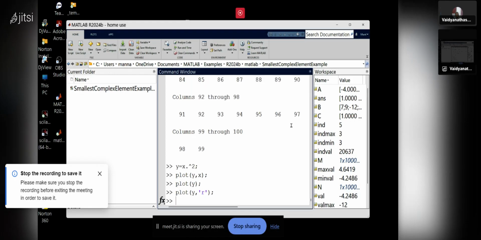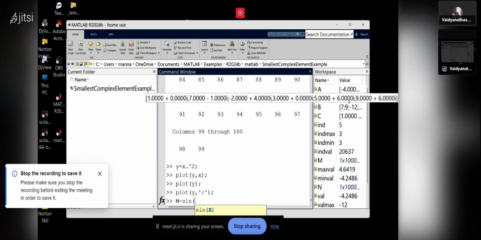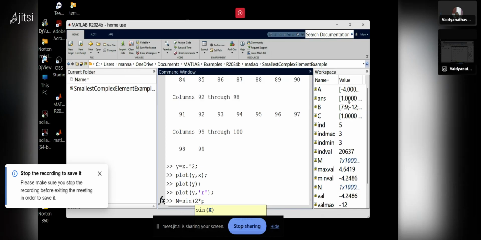I will use another plot function. M equals to sine. Please keep in mind how to generate a sine. I have already explained this earlier on occasion, so I am repeating. One of the exercise problems will be using this technique to generate a sine or cosine wave. Sine 2 into pi, 2 pi